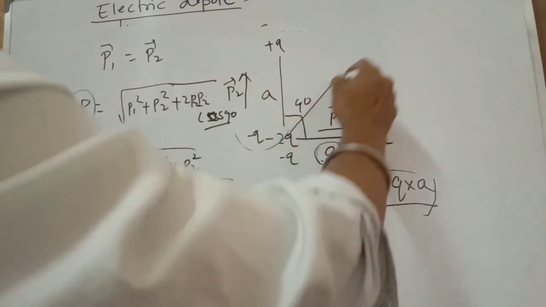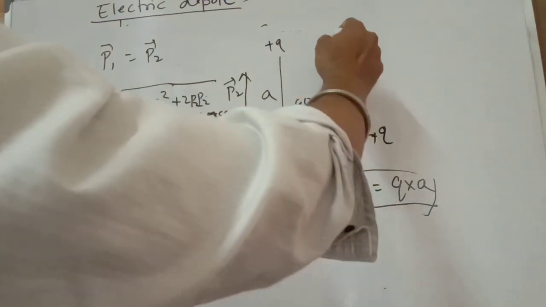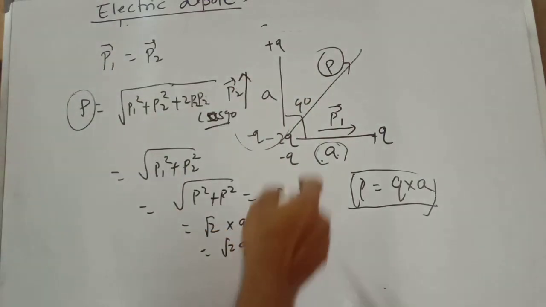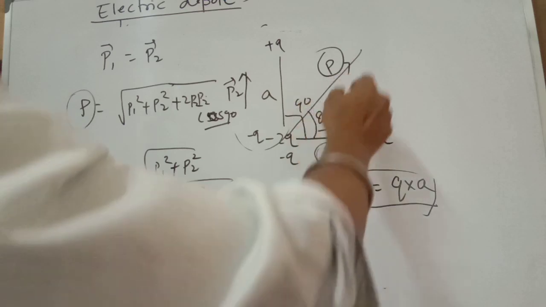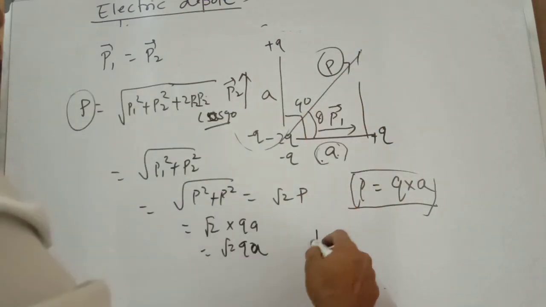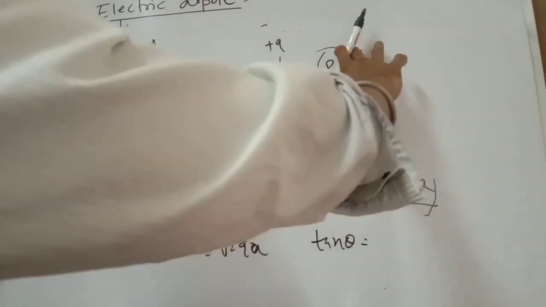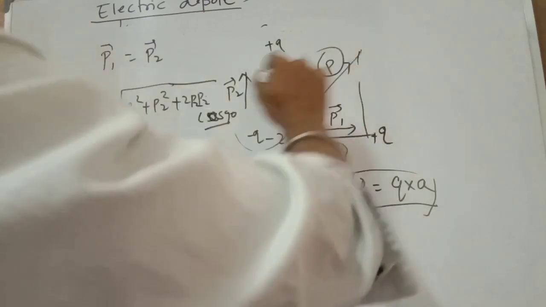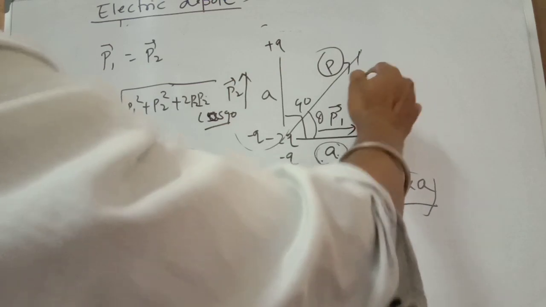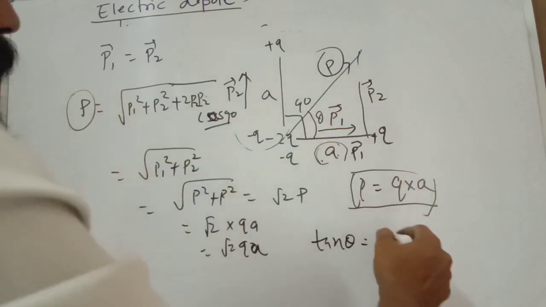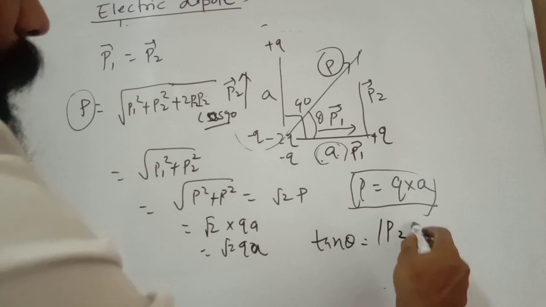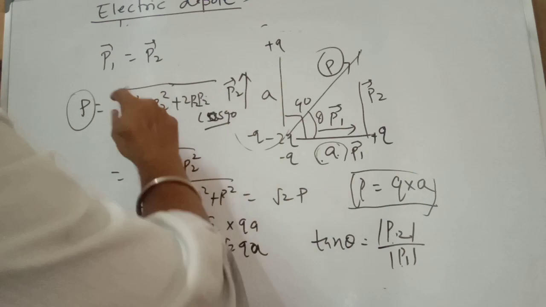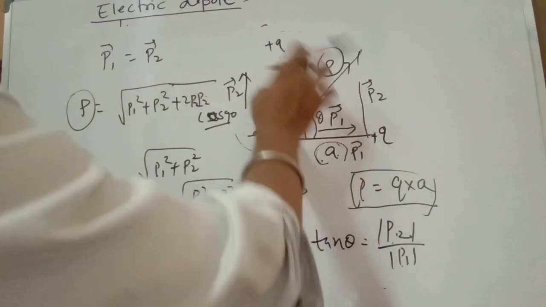And what is the direction of the resultant dipole moment? So you can find this; let it be considered P resultant, the net P. So what is the angle of this dipole construction? You can use tan theta. Tan theta is this one divided by this one, because you can see these vectors are parallel. Let it be P2 over P1. So tan theta equals the magnitude of P2 over the magnitude of P1. Here the magnitudes of P2 and P1 are the same because both constructions of charges are the same.